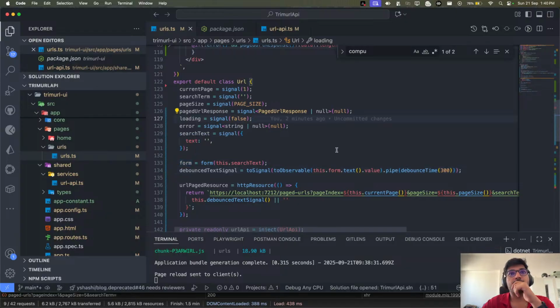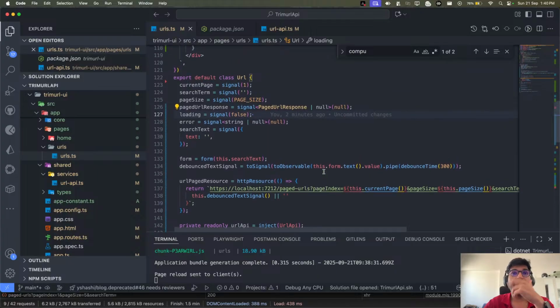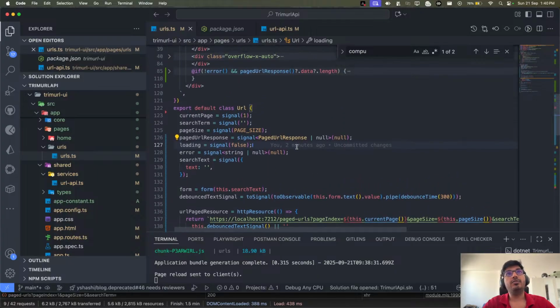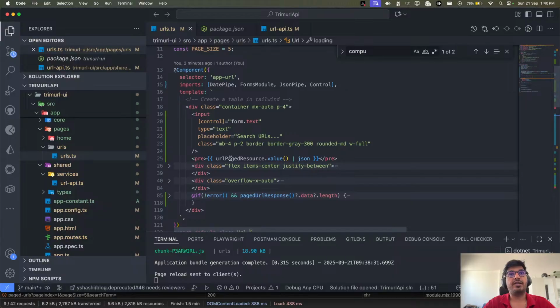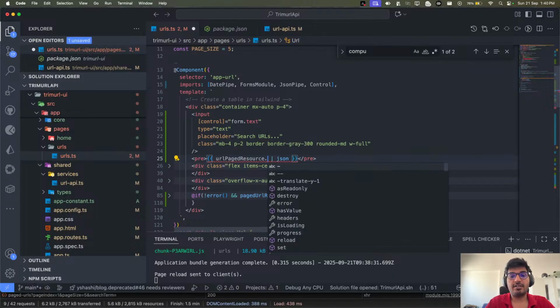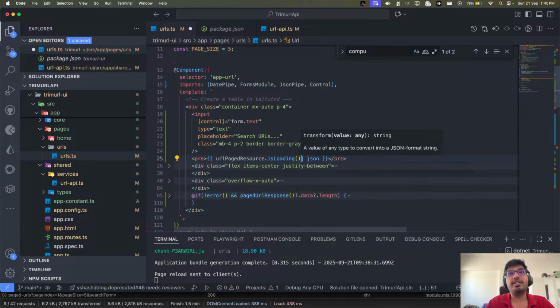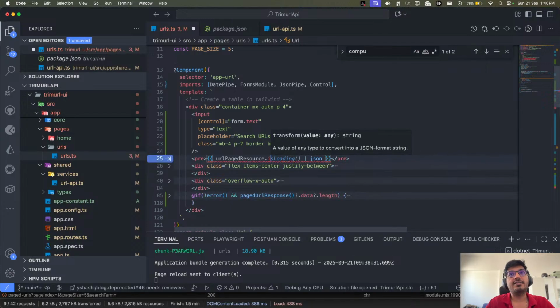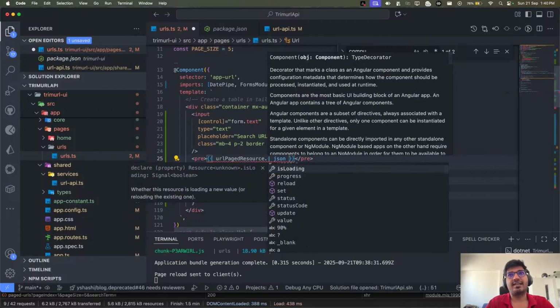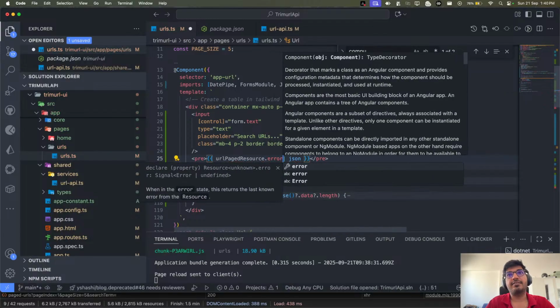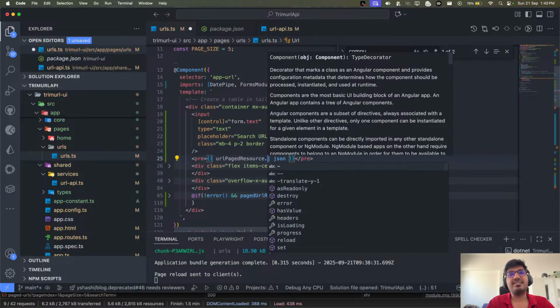Now, what do you think? Should we go ahead and refactor our existing code with this? Why do I say that? Because with this new HTTP resource, this URL resource has some really great powers, and that is this state, which is loading. Can you see, we have isLoading out of the box, so we don't need to handle the state. This also has something called error. Can you see error? And let's see what all things it has.